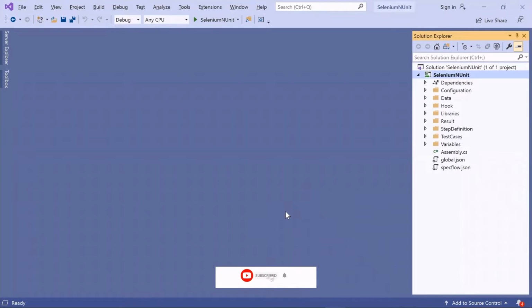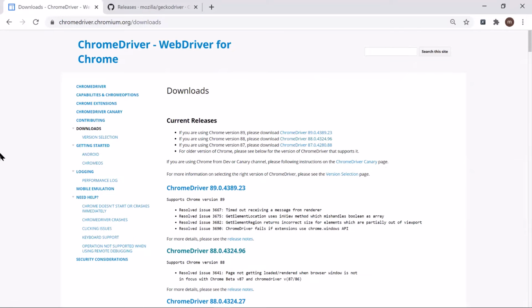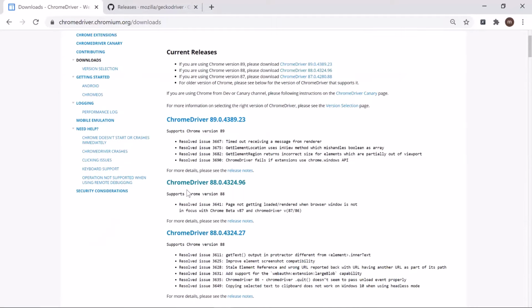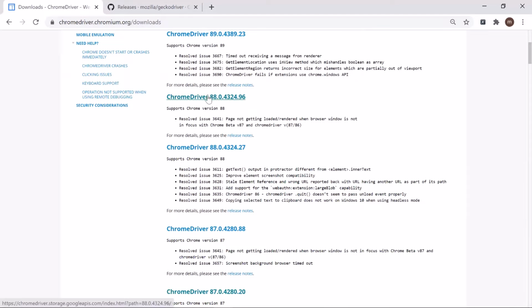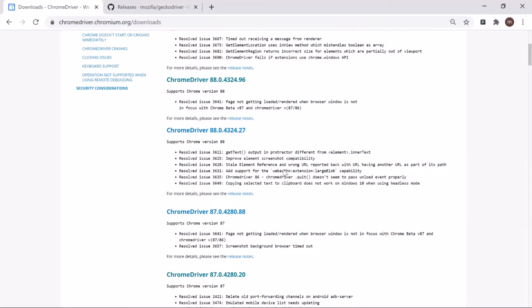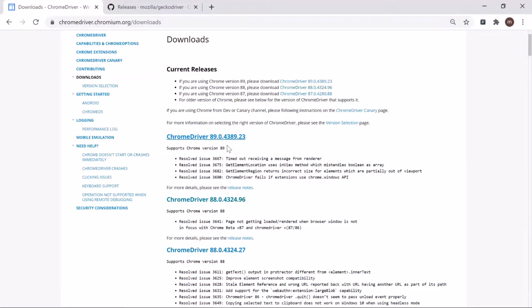So today in this video, we're gonna discuss WebDriver Manager for .NET. You must be wondering, what is WebDriver Manager, right? As you might already be aware, in Selenium WebDriver, we have to download the Chrome driver, Gecko driver, and other browsers' driver binary files, which allow WebDriver to perform operations on browsers.